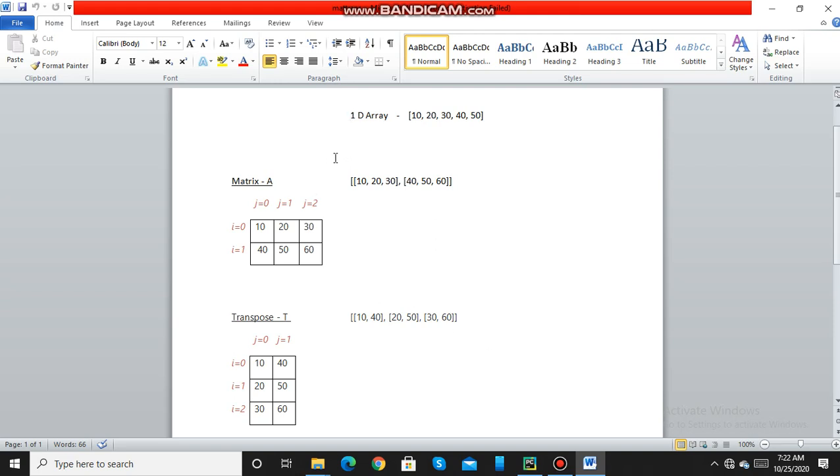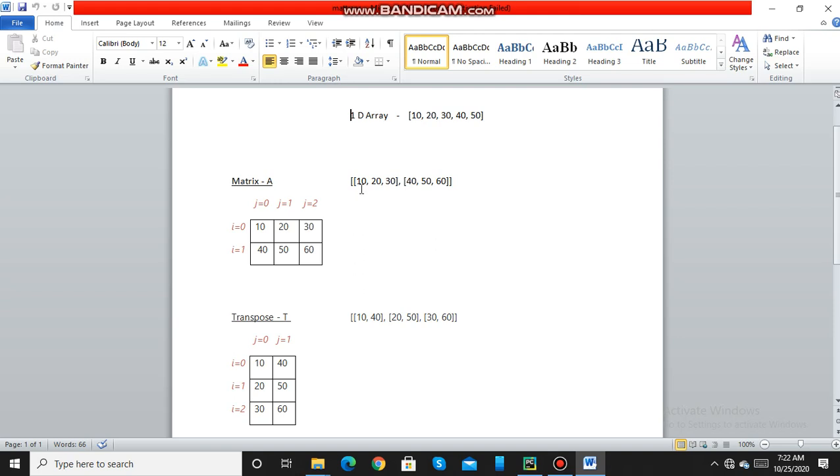Now matrix is two-dimensional. So in case of matrix, we are having lists within list. So here we are having a list comprising of elements 10, 20, 30. Another list having elements 40, 50, 60 within an outer list, that is within outer square brackets.